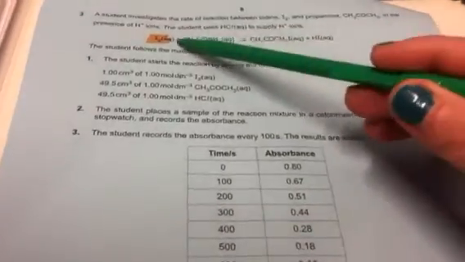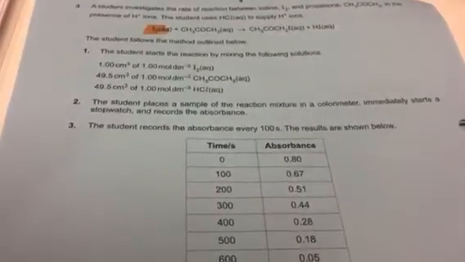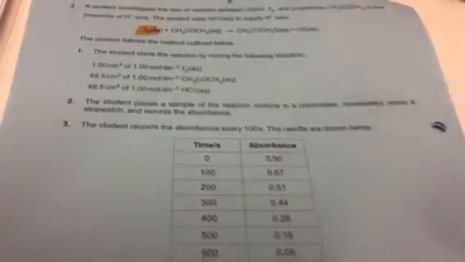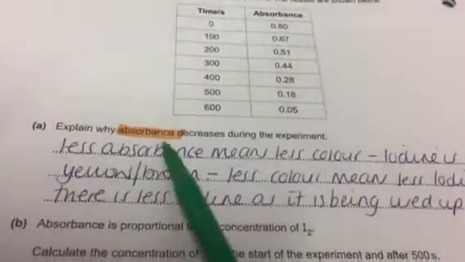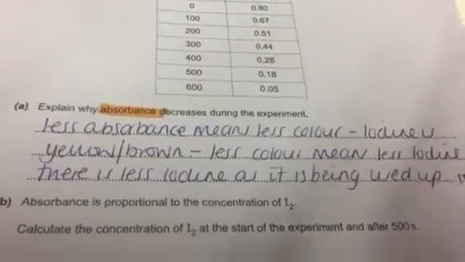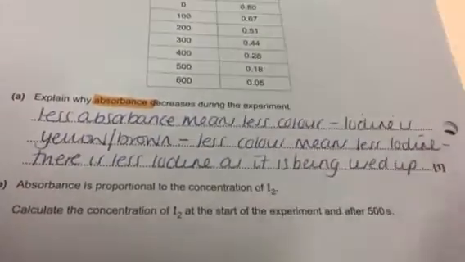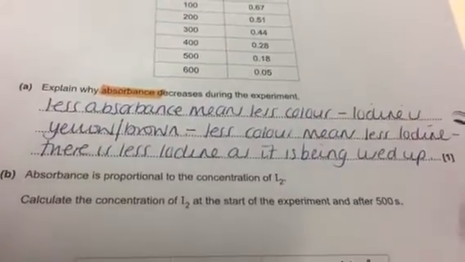Question 3 is all to do with the iodine. The iodine is the thing here that's the most important that you need to think about. So in the first part of the question, explain why absorbance decreases during the experiment. A lot of students have the right idea for this but don't actually get the mark because there isn't enough